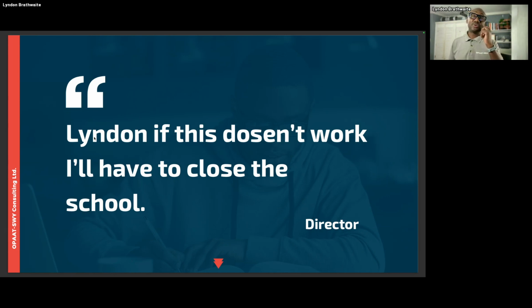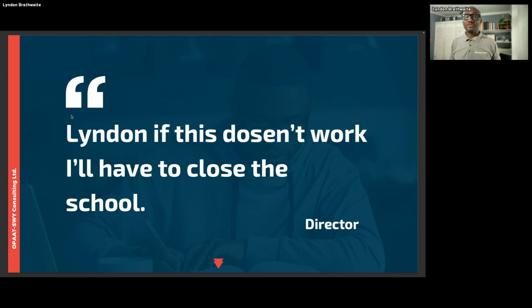Well, I wouldn't say sort of making it, because every year they've been losing money. What happens if this doesn't work? And she said, well, we'll have to possibly close the school. And this is after we went through a series of things. The closing of the school was the end, but she started to speak about cutting back on staff, cutting back on expenses, cutting back on salaries, etc. So again, a lead is valuable, and the way that we manage leads is extremely valuable, not just in 2024, but overall.